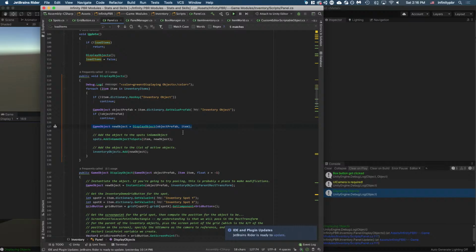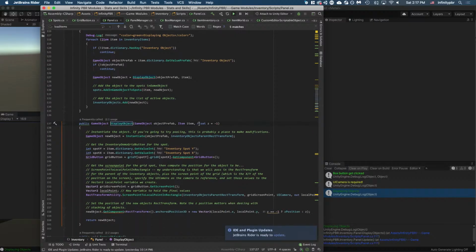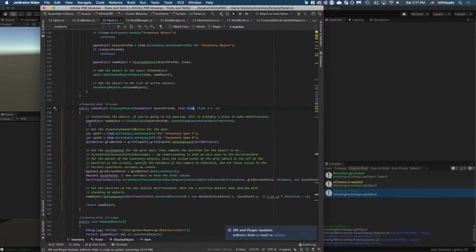Okay, object prefab, and the item I have to pass into it. Yeah, because for this we are taking the prefab that we're going to display, passing that item class into it. So we're instantiating the object,